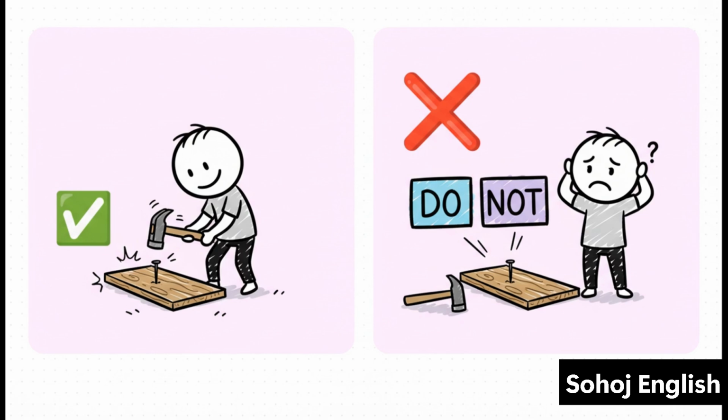Now, when we're talking about actions, making a negative sentence is just a little different. Instead of just adding not, you use these helper words: do not or does not. So, I do the work becomes I do not work. And he does the work becomes he does not work. This is a really important pattern to get locked in your brain.